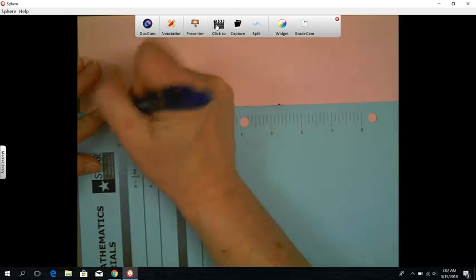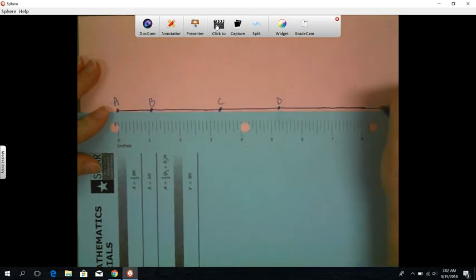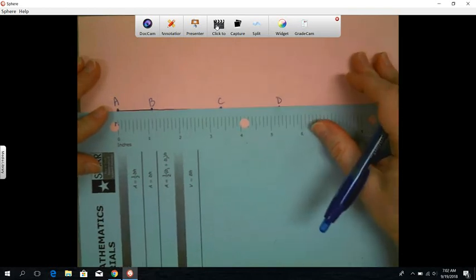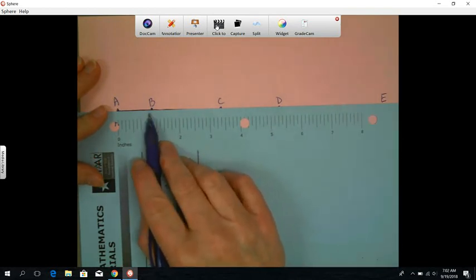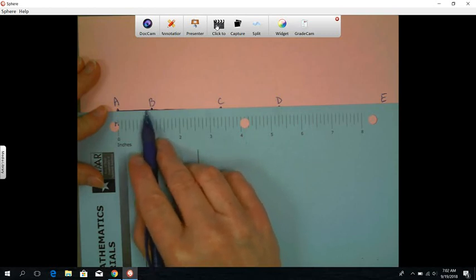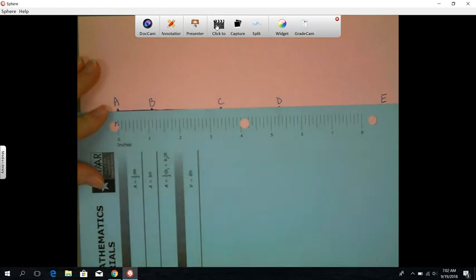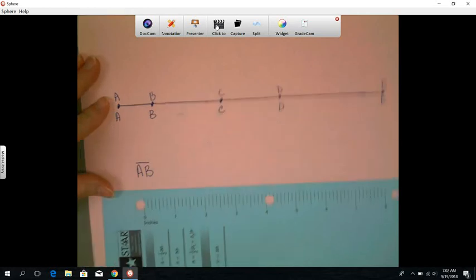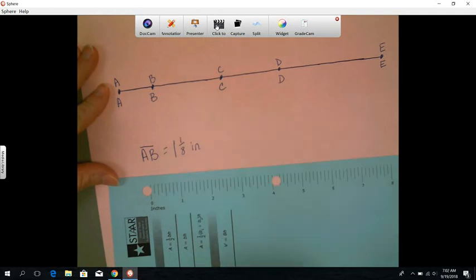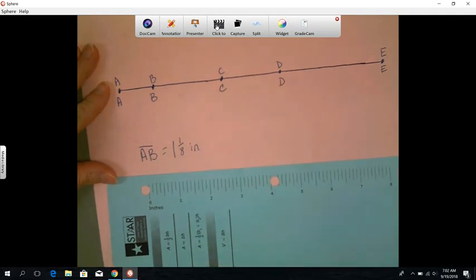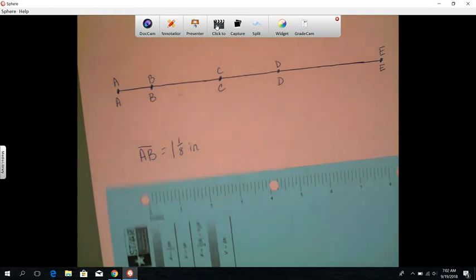Maybe I should write them on top. So I have A, B, C, D, and then E was down here. I see that it's a little bit bigger than 1, okay, because here would be the 1, and I am actually one more section over, so I have 1 whole inch and one more little section, so that would be equal to 1 1/8 inches. So I would put 1 1/8 inch, and I can just make that just IN, abbreviate that IN for inch. Okay, so let's try